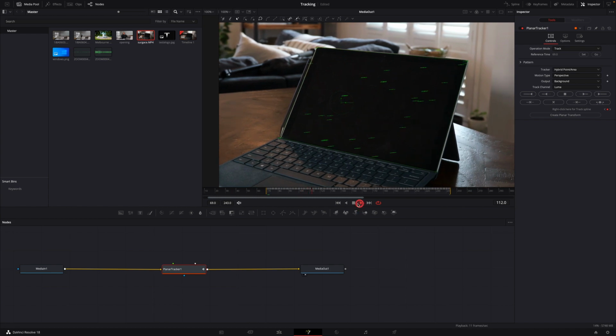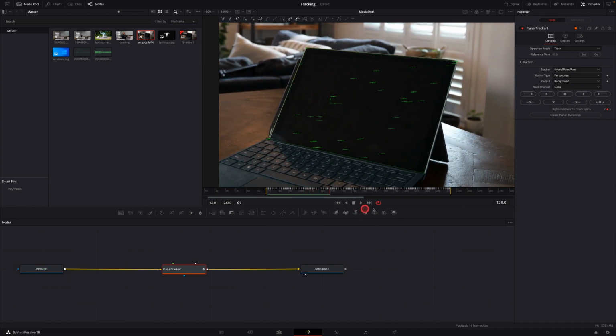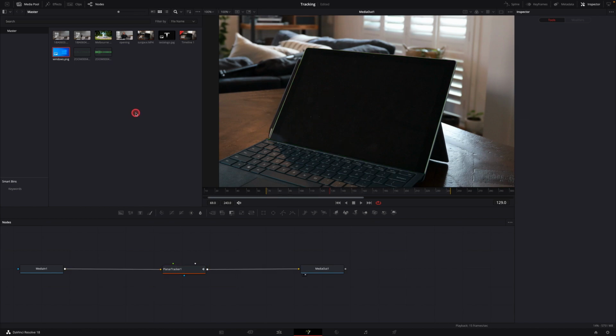And everything appears to be working really well. We now are tracking the black area of the Surface screen. Step 2 is to drag the media that we'd like to overlay on top of our screen into the Fusion node window. So I'm going to start by using the Windows background PNG and just drag it right in above